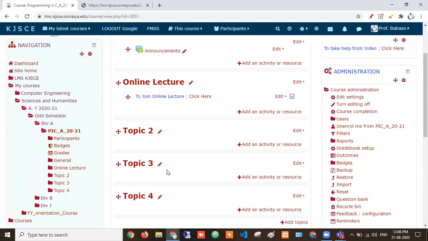And one more thing I want to add, because that will be useful for first year teachers, because some teachers are teaching more than one division. So if I make all these activities in one division, then I can copy all these activities to the other division using this import option, right? Yes, sir, easily. And you can create copies of the files for all divisions. Yes, sir. And suppose you want to use the same thing in the next semester or next year, with just a few clicks this course will be available for the next semester also.